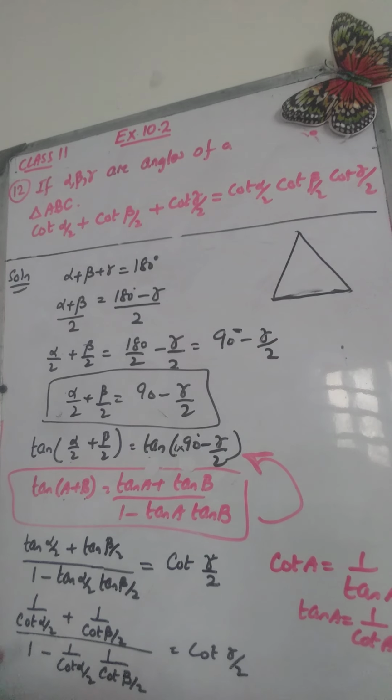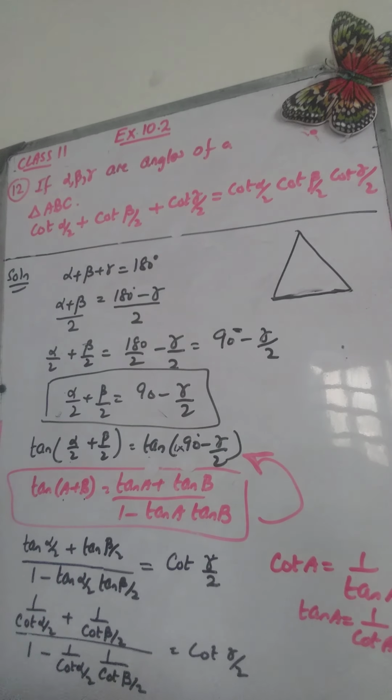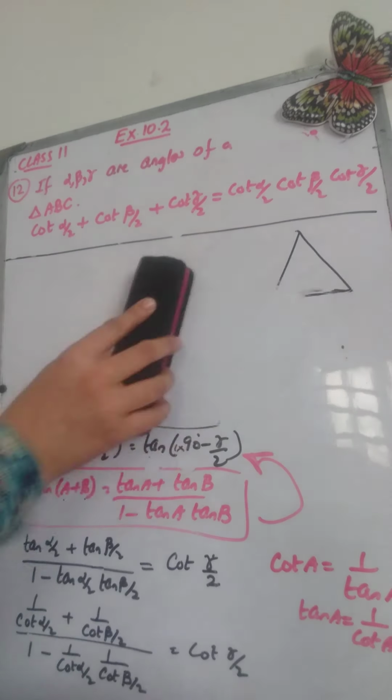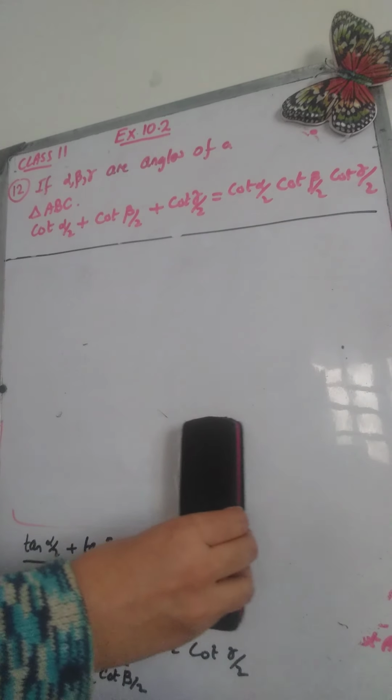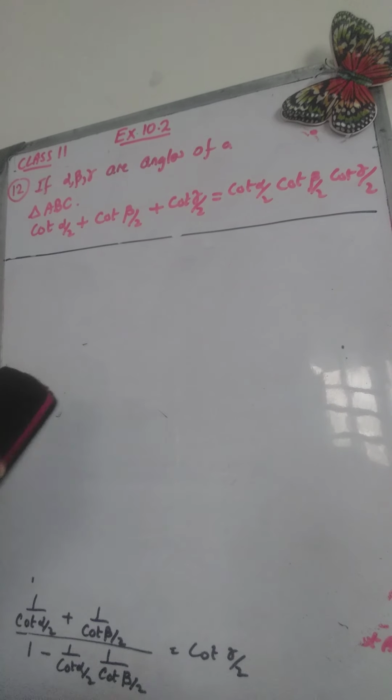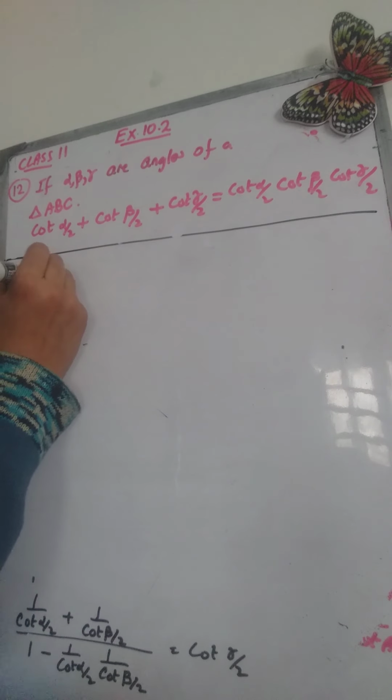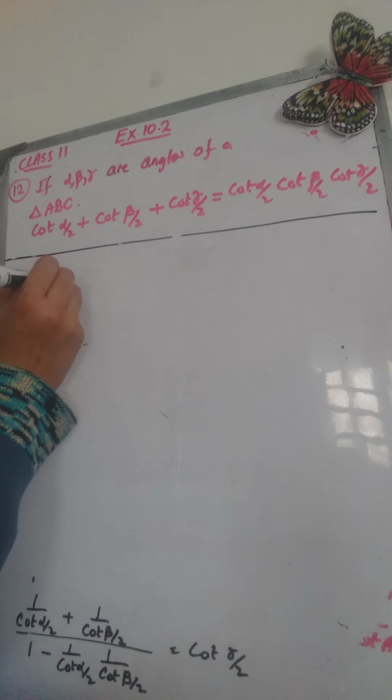Now I'm going to take the LCM of both the sides. I will write this expression again over here. What we got is 1 over cot alpha by 2 plus